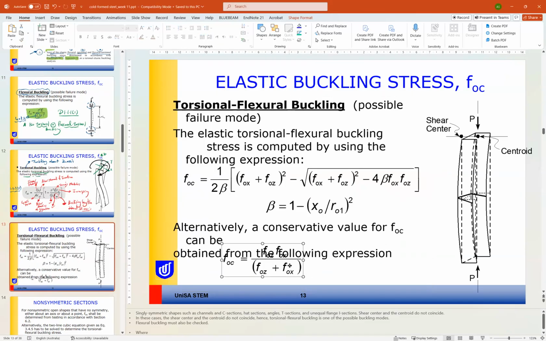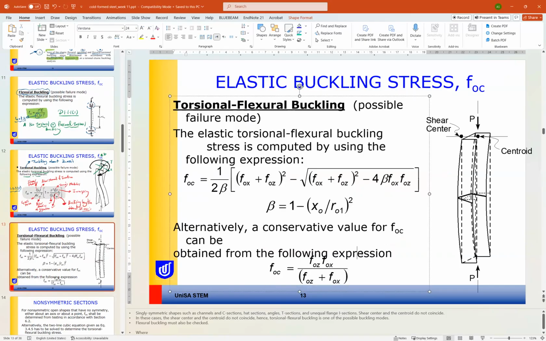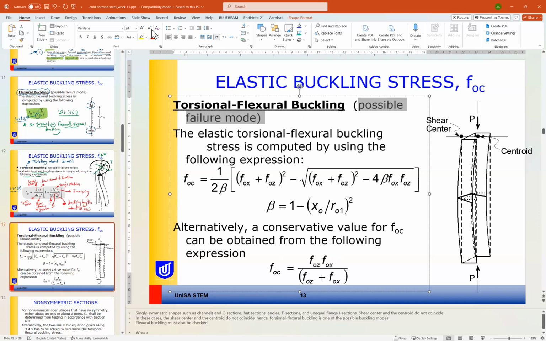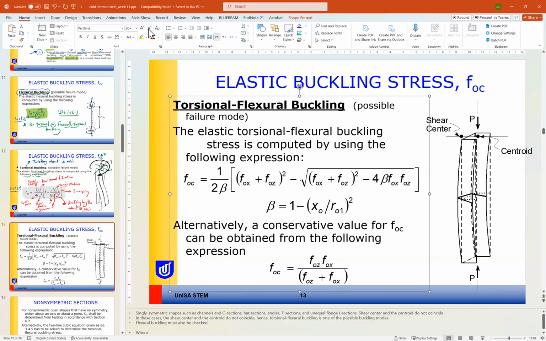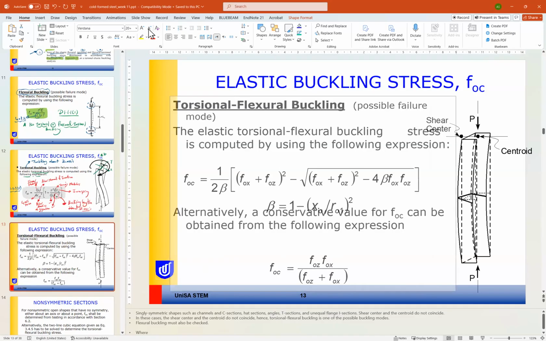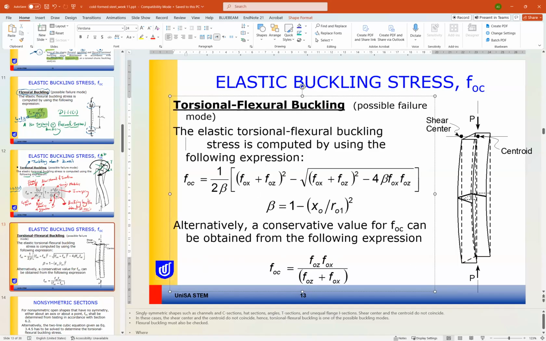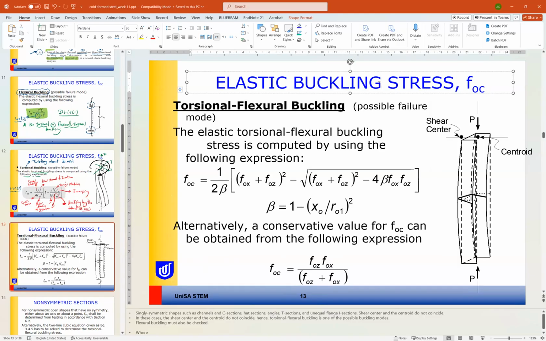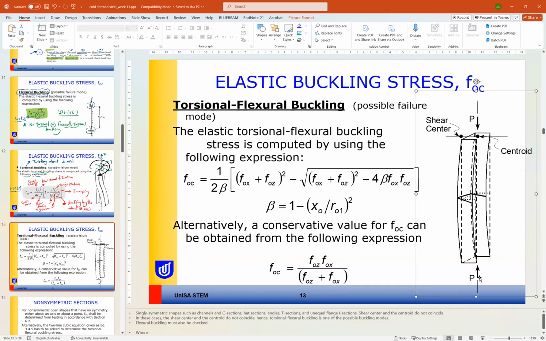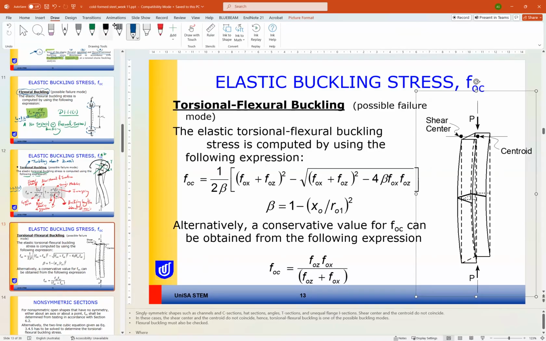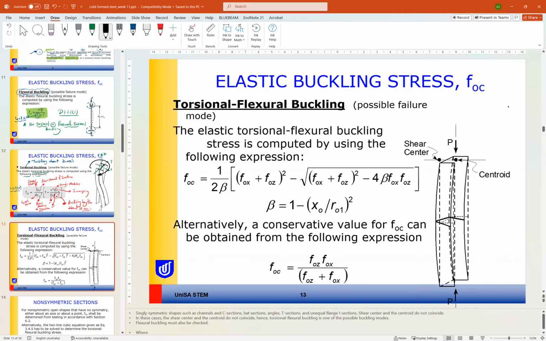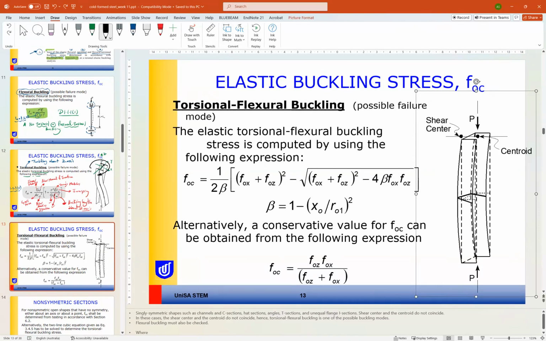So what is the third mode of failure? As you can see here, torsional flexural buckling mode. This is also one of the possible failure modes in this case, one of the failure modes we expect. So we need to calculate this one as a third failure mode. And here in this diagram to the right